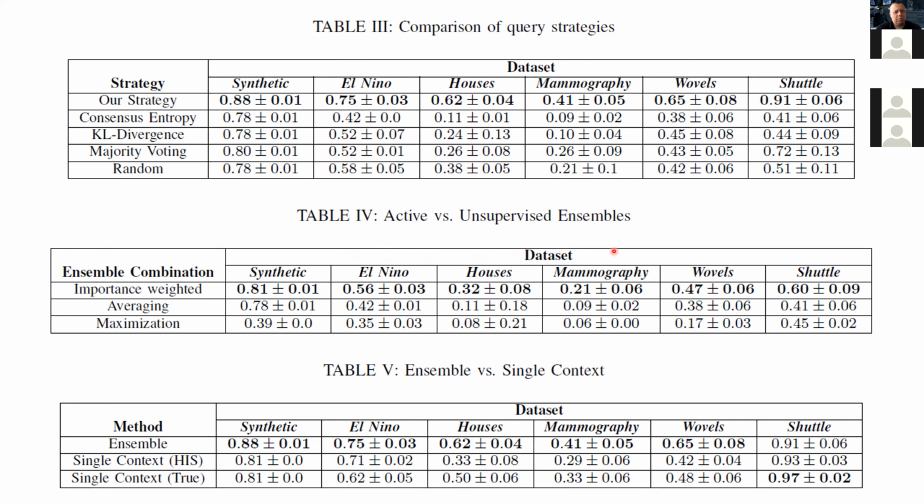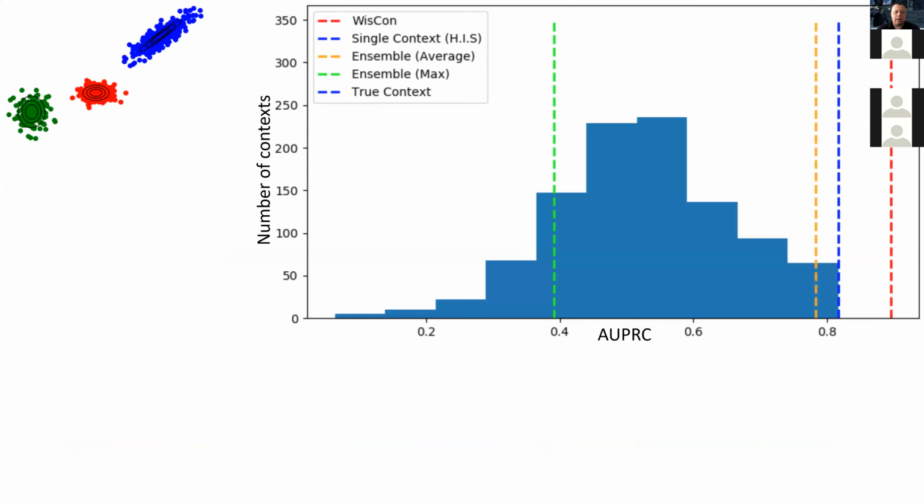And the actual reason why it works like this is, if you look, so here is for very simple synthetic data, which consists of a couple of Gaussians. If we look at the number of contexts that give you certain performance, so we look at area under PR curve, and we look how many contexts will give you certain performance. For this kind of artificial data, this is reasonably normally distributed. So then you actually can exploit the diversity in those contexts in order for an ensemble to outperform any single